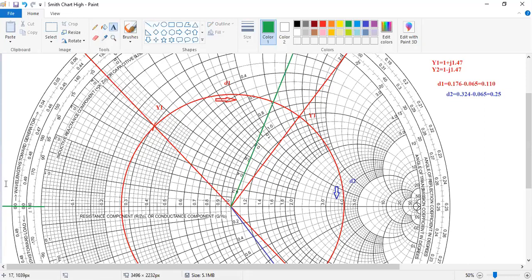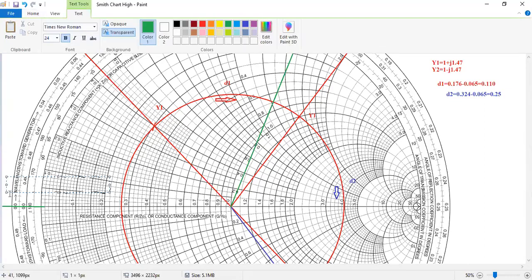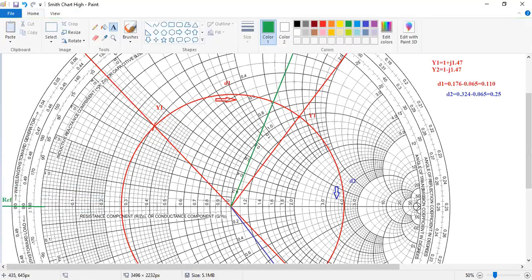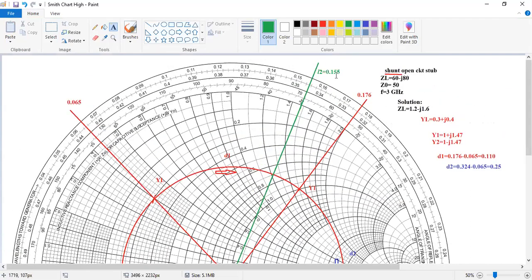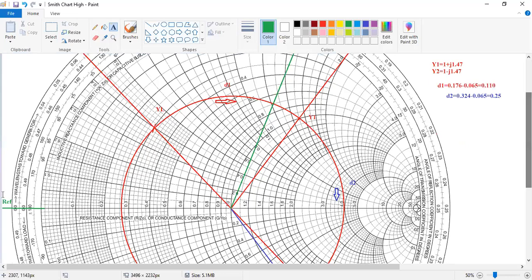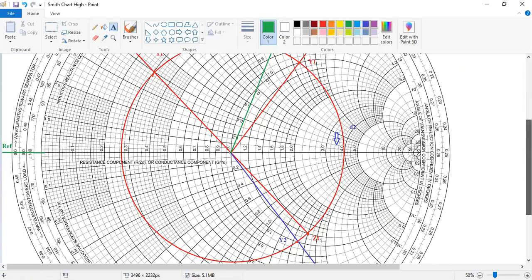So I'll just write here R, as there is not much space. So this is your reference point. So it is R here. From here you have to read. So there is no problem. So whatever your L2 will be the same, whatever your 0, because this is your reference. So from the reference, L2 is from this point to this point. So this is your L2.